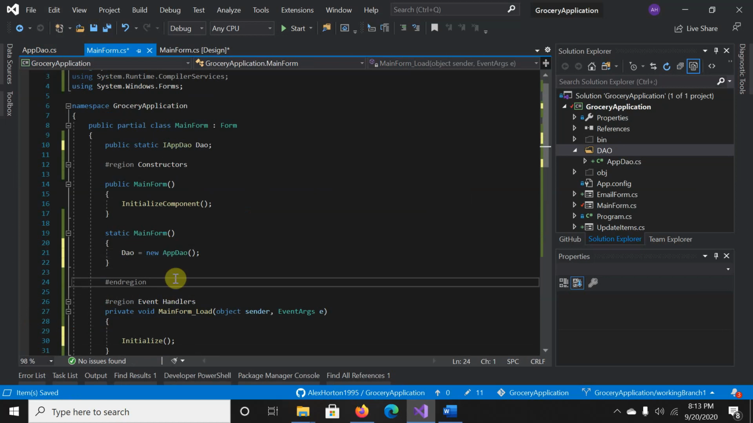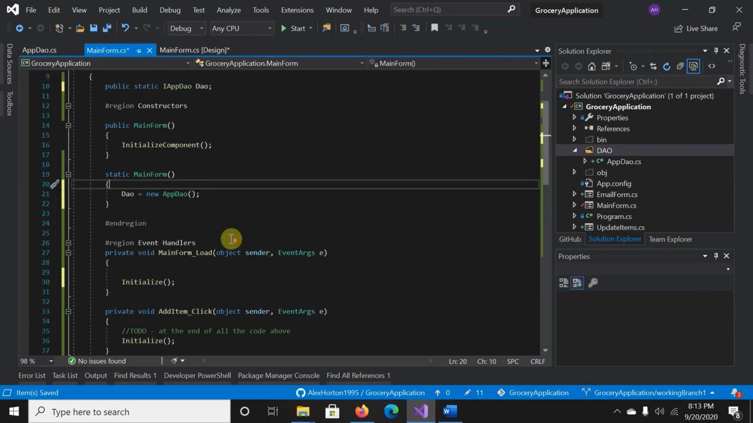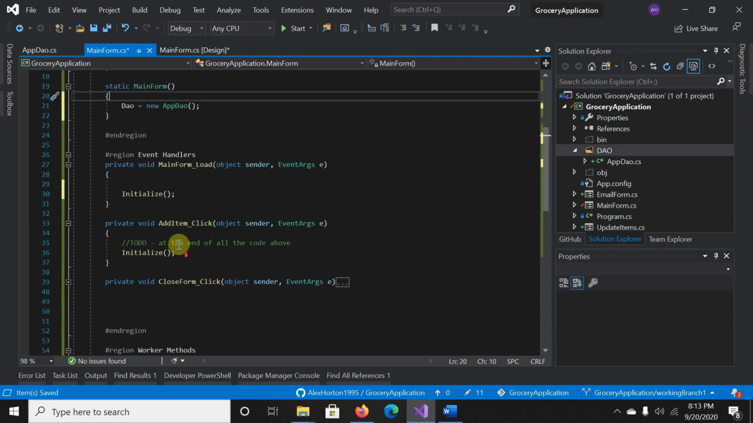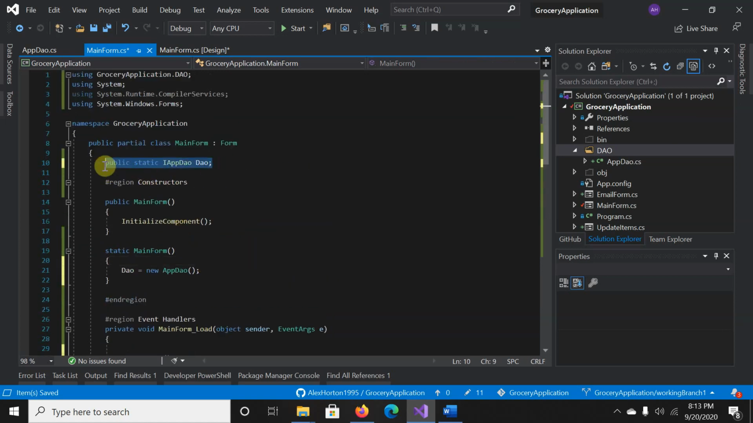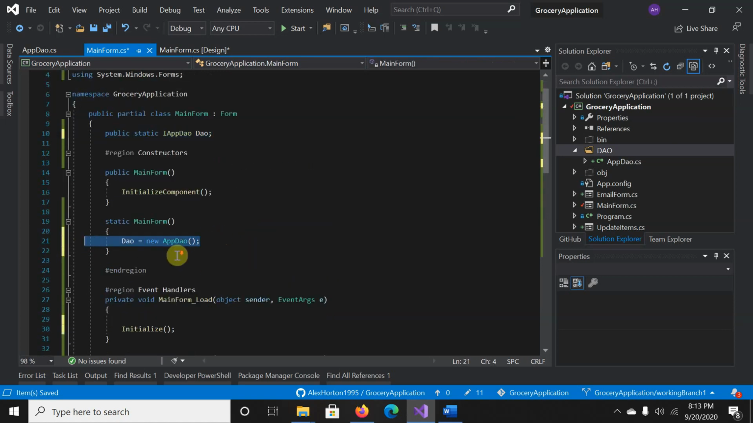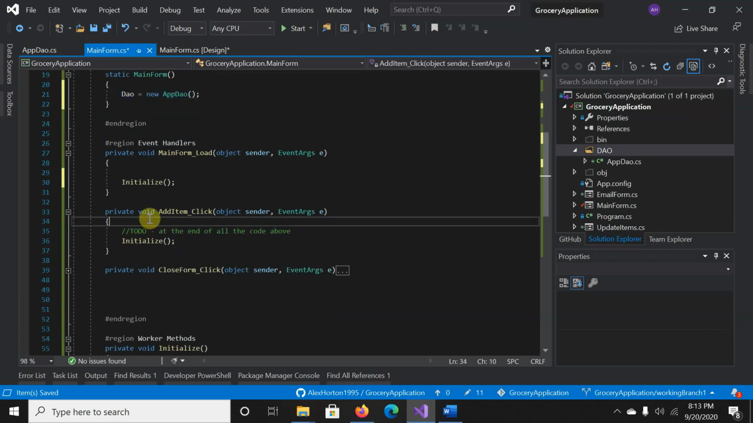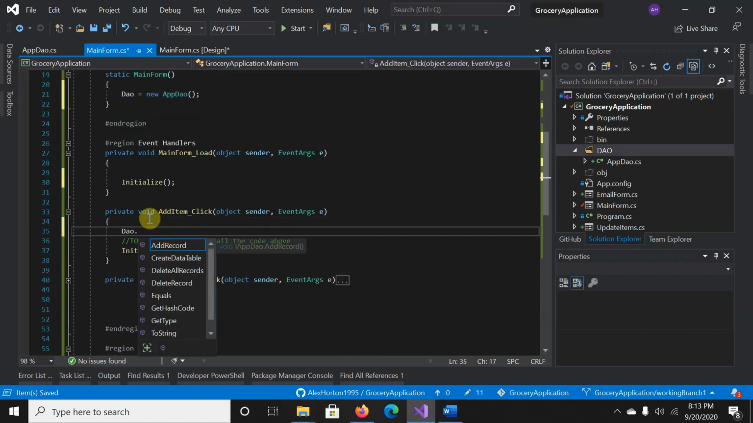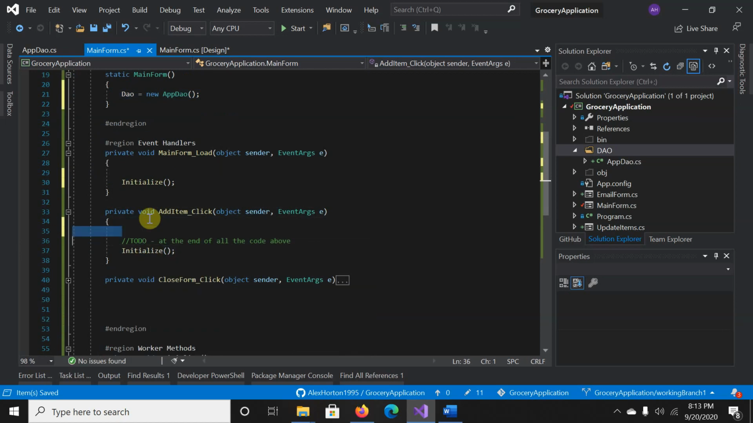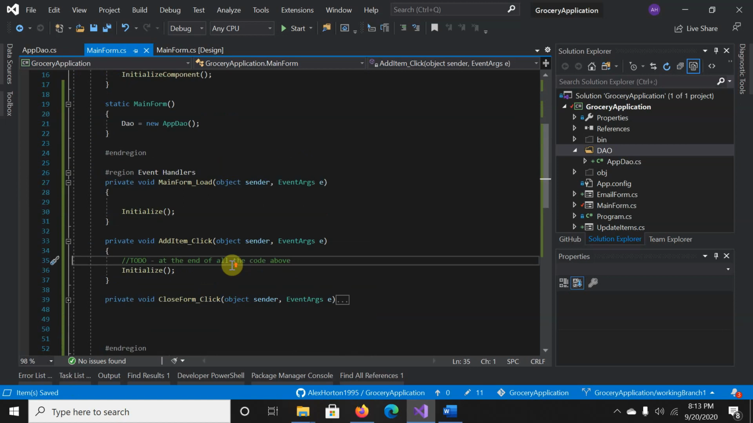So once I create this static DAO, I don't have to reinstantiate it. It's going to stay open through the life of my program running. I don't have to recreate it each time. So now, since I've created it up here and here, down here, all I have to do is say DAO dot, and I've got access to all of those methods there. That's one benefit of using an interface. Okay, so